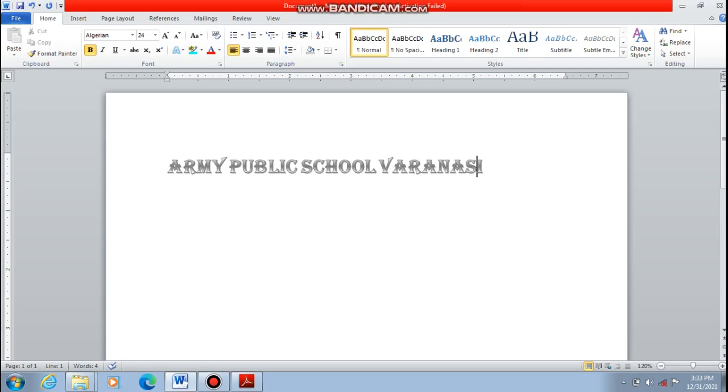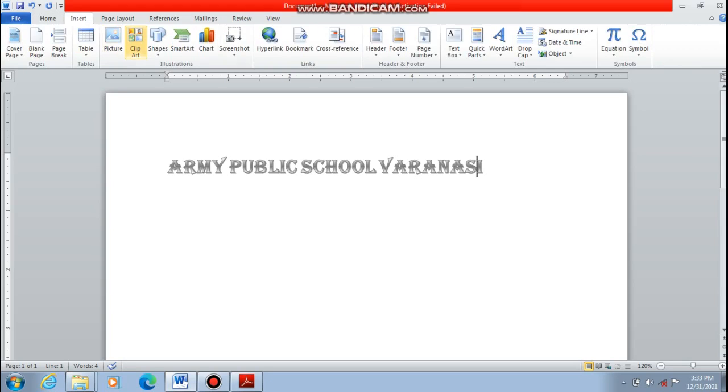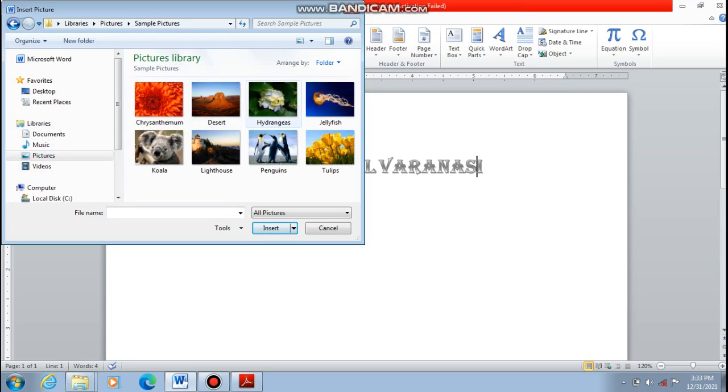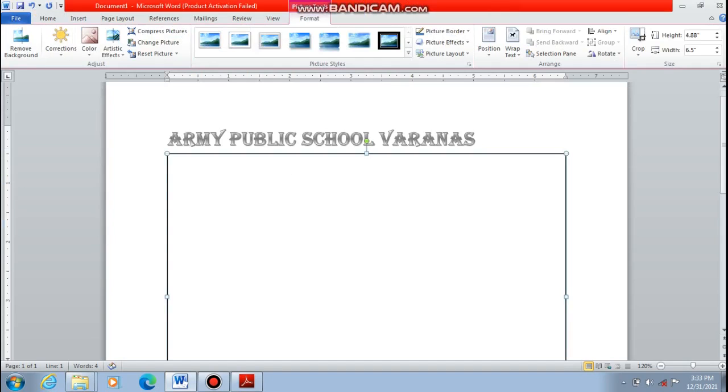Now after that we had changing the color and highlighting the text. After that we had inserting pictures and clip art. So we can insert pictures. You can insert any picture, but that picture should be in your library, in the desktop library. Suppose I just want to add the picture of this desert. So I'm inserting it here.